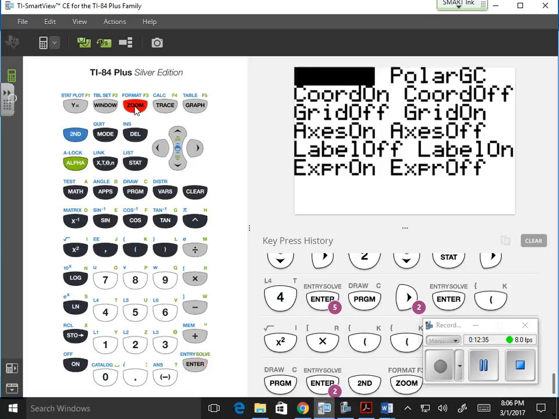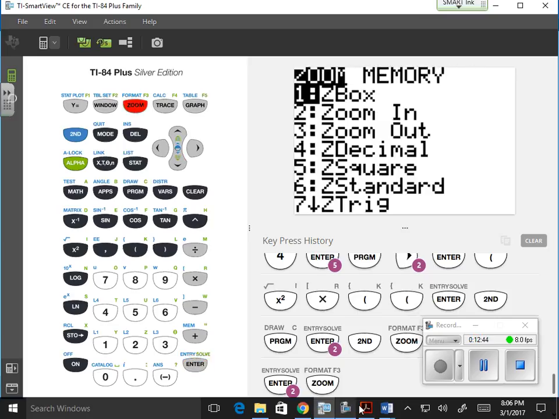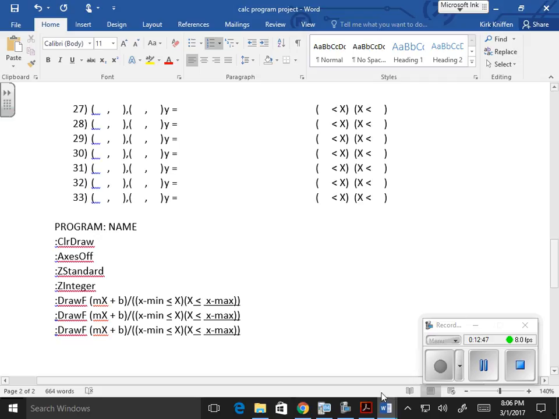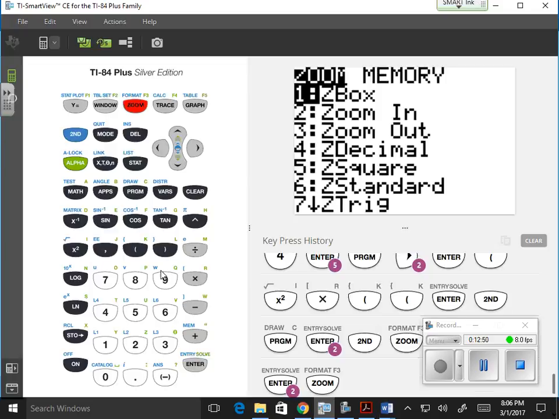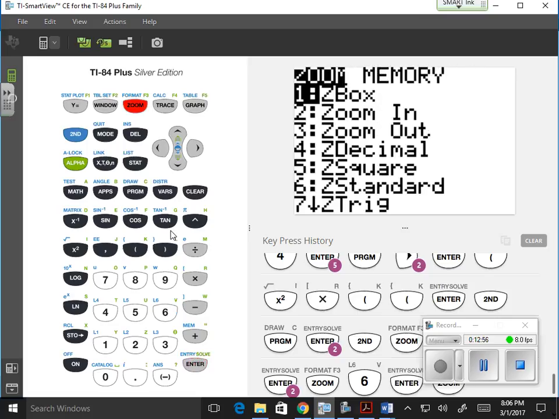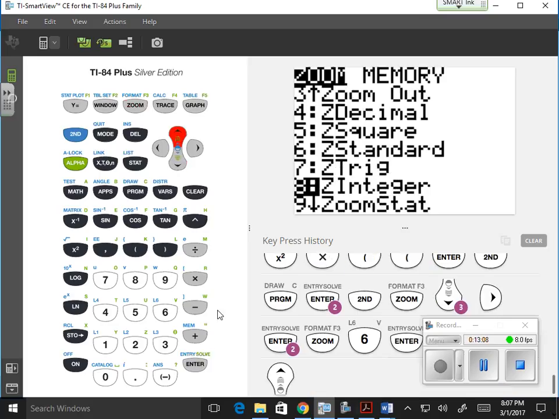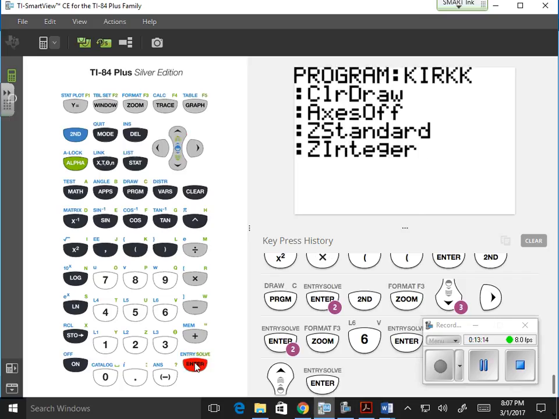Second zoom, axis off, enter, enter, zoom standard and zoom integer, zoom 6, zoom. You can use zoom integer or you can zoom square, and then